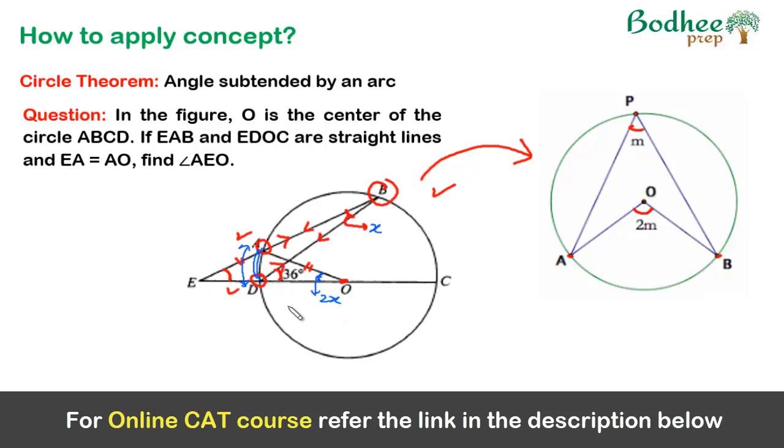Let me just solve the question for you also. Because this is given, it will remind us that the triangle formed taking these two sides will be an isosceles triangle, right?